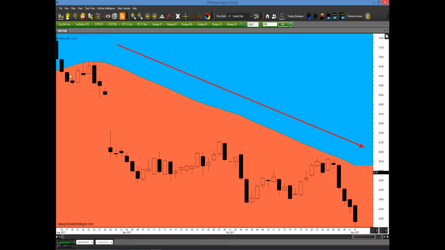We had numerous closes in the sell zone. So that was telling us, at the very least, don't be long this stock. You don't have to short it, just don't be long. Now, unfortunately, the slope was going higher to flat, so there most likely were no sell signals generated here. That's okay. We're looking for signals generated with a strong downward slope, and we had plenty of chances to go short and make some money.